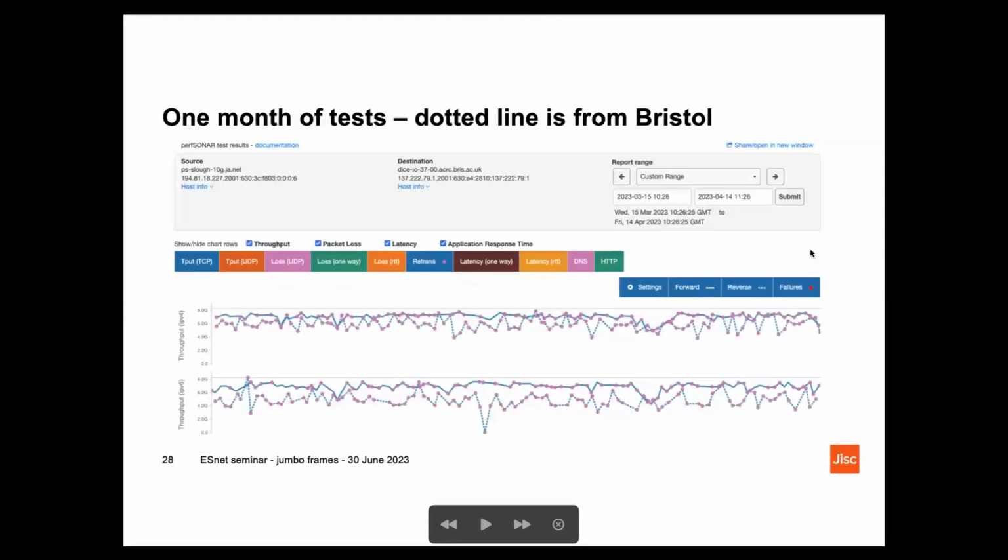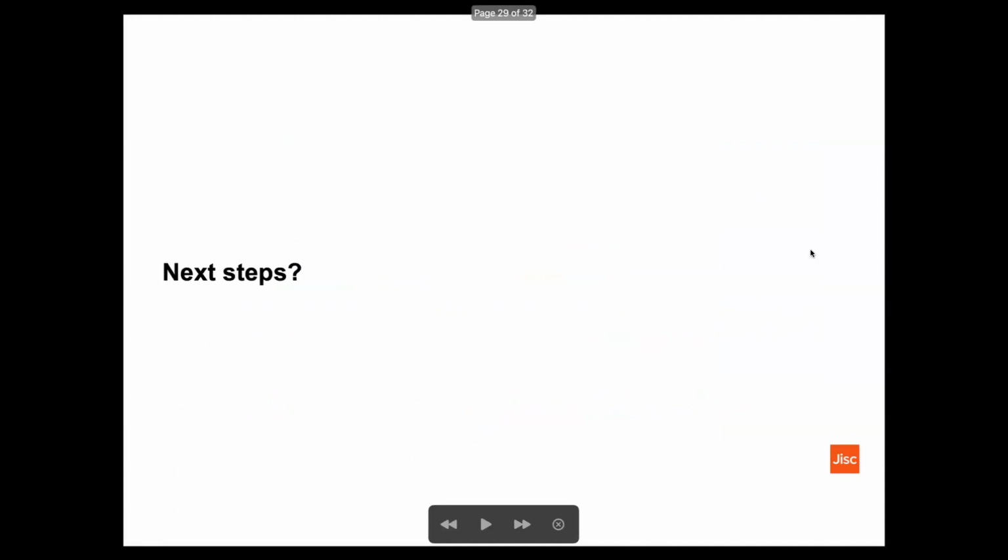And then looking at the Perf plot between our server in London and Bristol, over time you can see it's up and it's down, and there's generally better performance from our server into Bristol rather than the other way. Whether that is due to the lower MTU or it's just more likely that there's more real traffic contending with the test traffic, we'd need further investigation. But there's nothing seriously wrong there with 9,000 to 1,500 working. So it's nice to be able to show examples to people of that working.